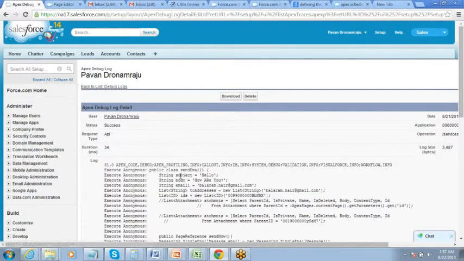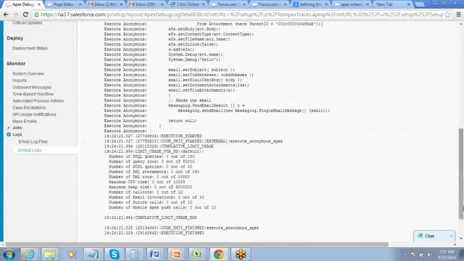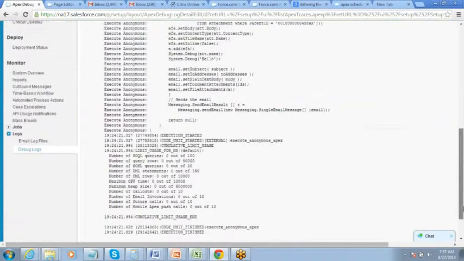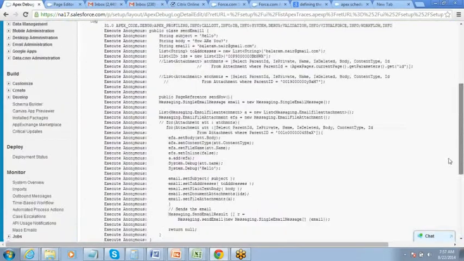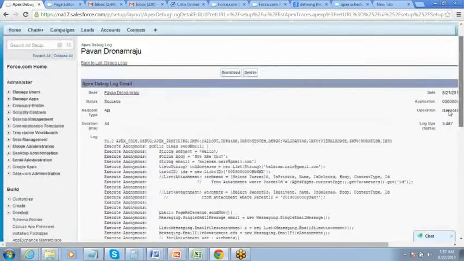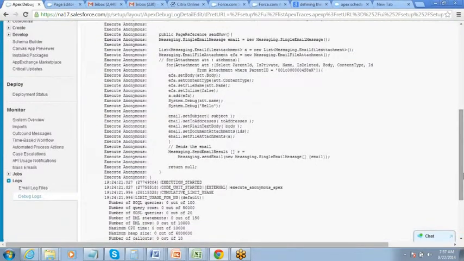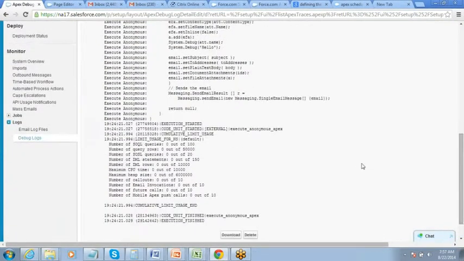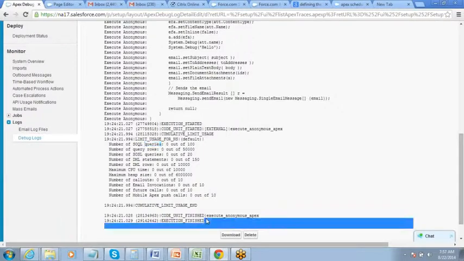Now this is the thing. Execution started, code unit started, cumulative limit usage. Execution finished.